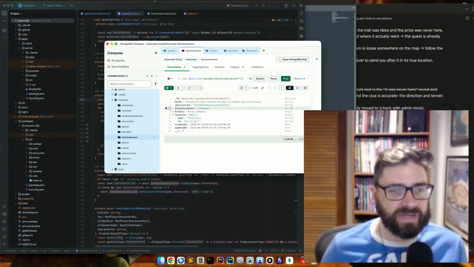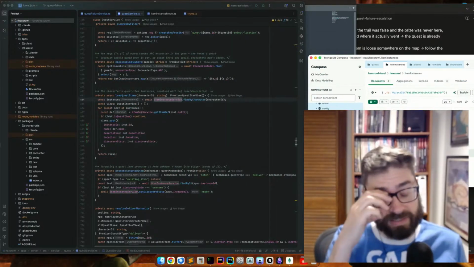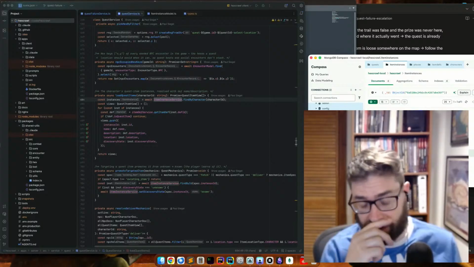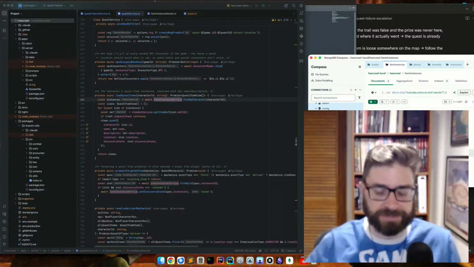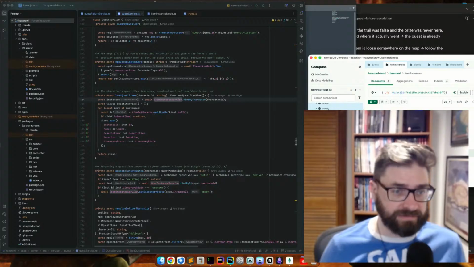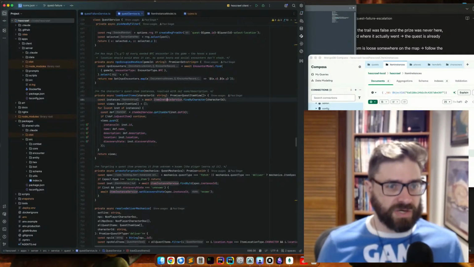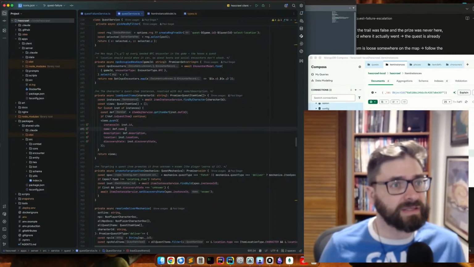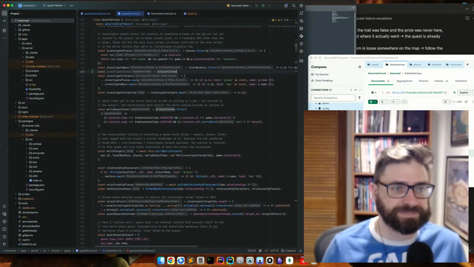You can see the items have a character ID because the character is kind of the microcosm of the world, if you will. My account can have multiple characters. Each character can be on their own adventure. So the character ID is ultimately the key of things that belong in this world. So, yep, I think that is in fact all correct. So I think we were in a good spot there. I think we were doing the right thing. So, yep.